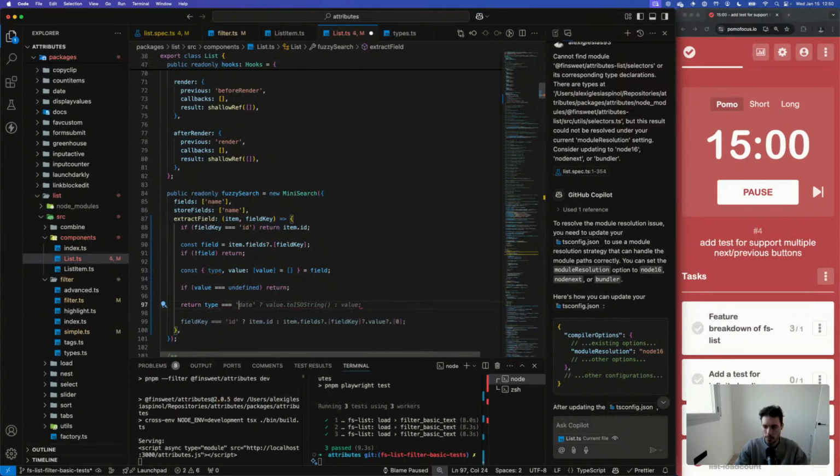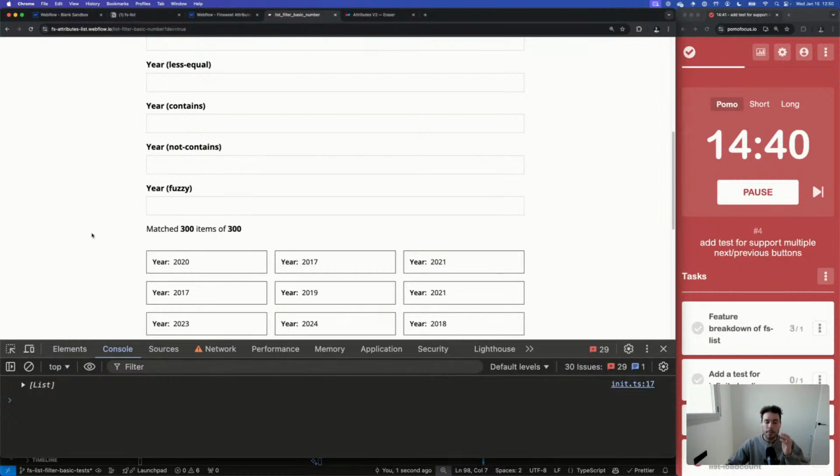And then let's do return, type equals date, then let's do toISOString. And if the type is equal to number, toString, and otherwise the value. Yeah, why not? Let's try this.